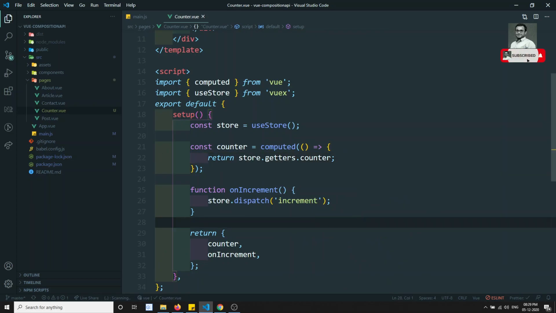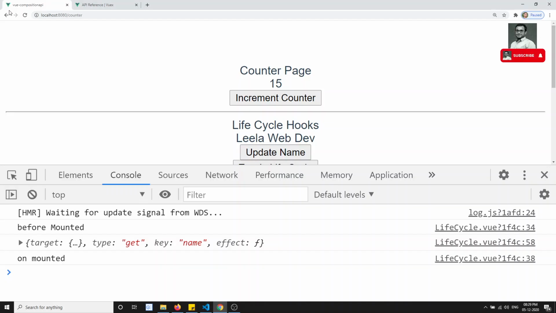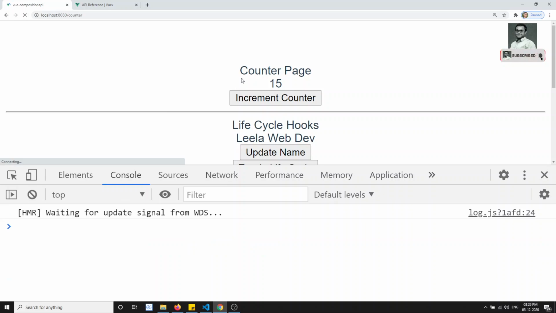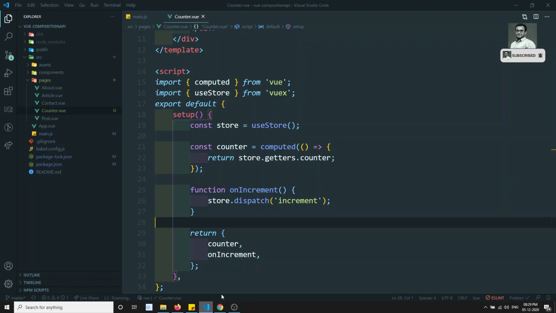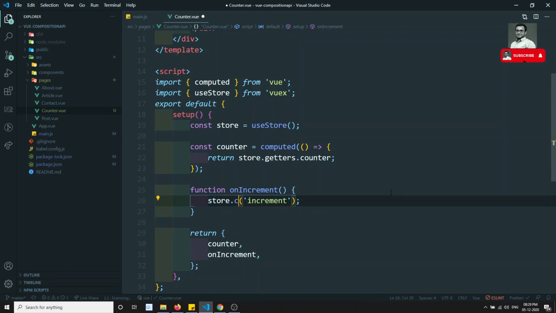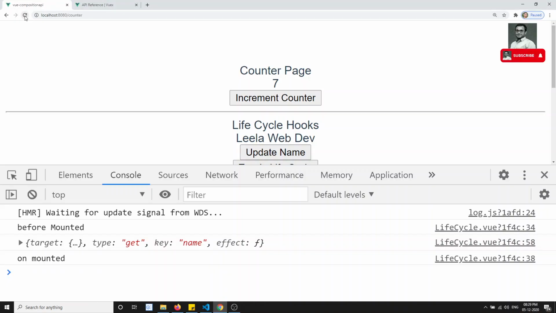Now if you want to get the getters, you can also use the getters. Okay, so store.getters.counter. If you try to see the output, you will be able to see the same output. So here you will see 0, and if you click here, you will be able to access it. Okay, if you want to call the mutation, you can call store.commit directly, and here you will have setCounter, and you need to pass the payload. I will be passing 4, so that means it will be incremented 4 times each time. So if I refresh this and click here, see, it's incrementing 4 times.